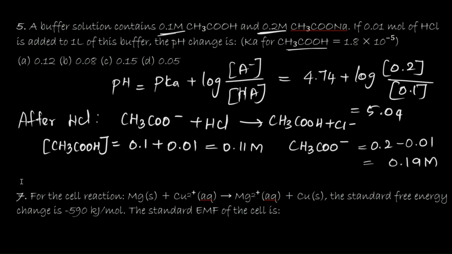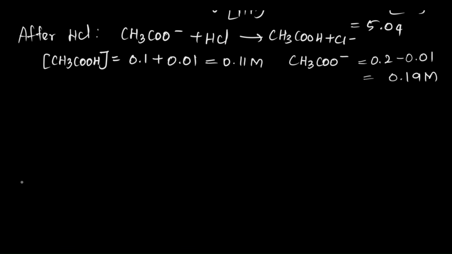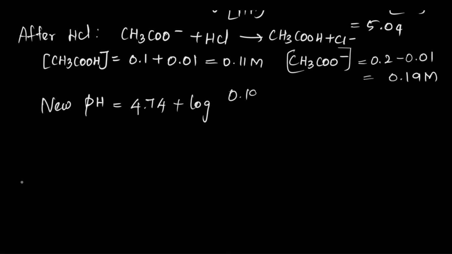So that is the concentration of acetate ion. Okay. So once we know this, the new pH will be the pKa of acetic acid plus log of salt by acid, which is